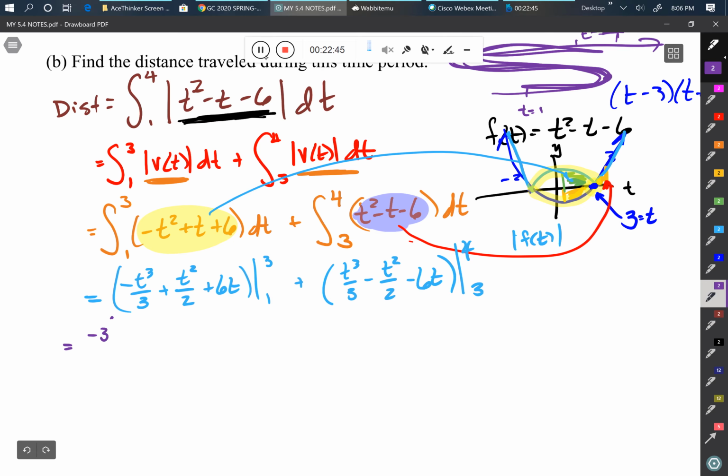Negative 3 cubed over 3 plus 3 squared over 2 plus 6 times 3 minus negative 1 cubed over 3 plus 1 squared over 2 plus 6 times 1